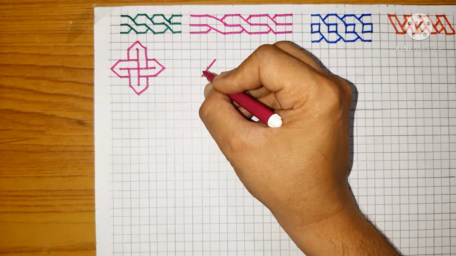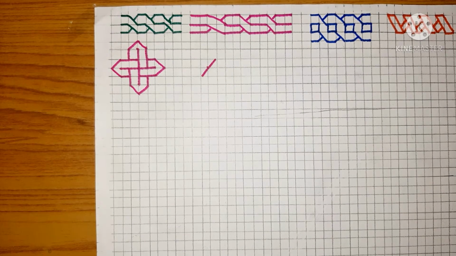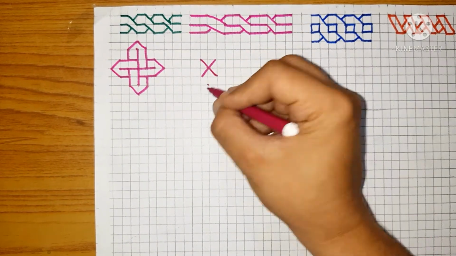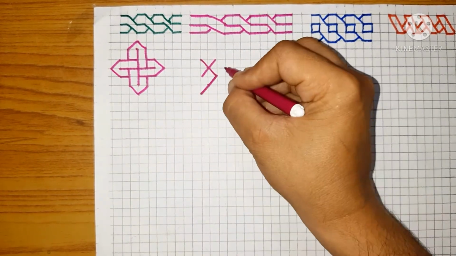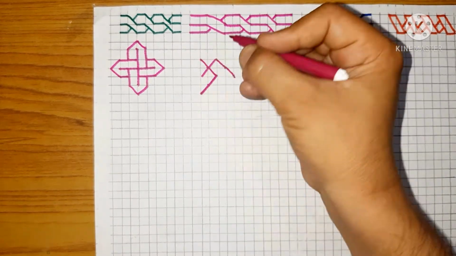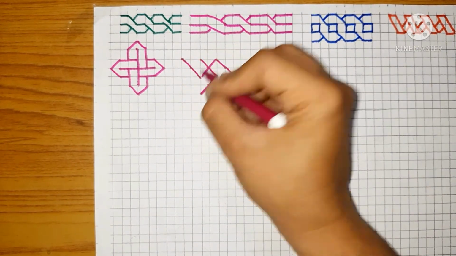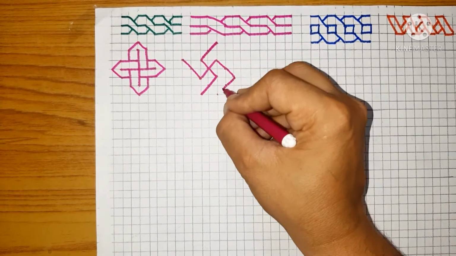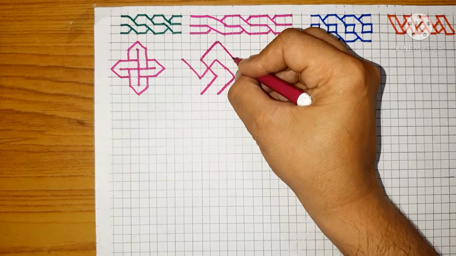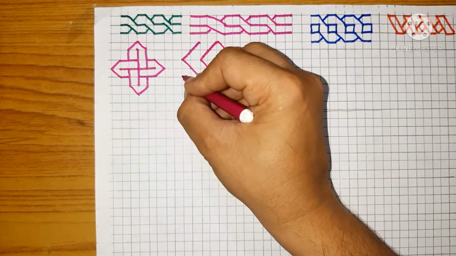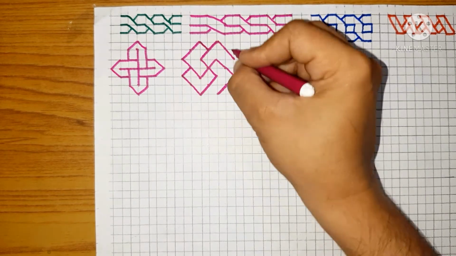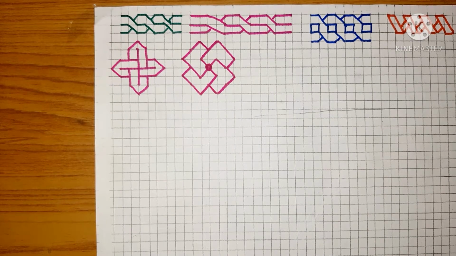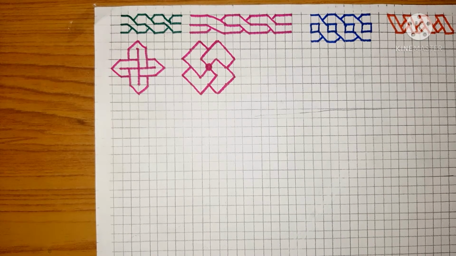And now again I am taking a cross of one block each, one block and one block. Now we have to diagonally extend by two blocks, 1 2. See, this is 1 and 2 and 1 and 2. Again we have to diagonal it for the two blocks, 1 and 2, and then we'll join this diagonally. See, and then dot finally. This is a very beautiful design, you can see.